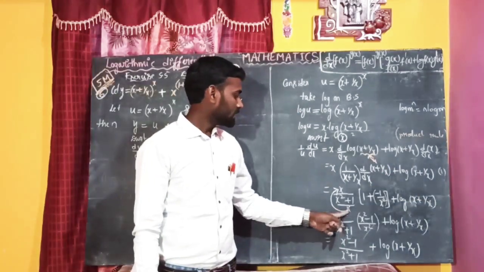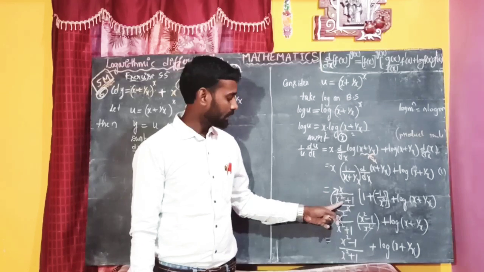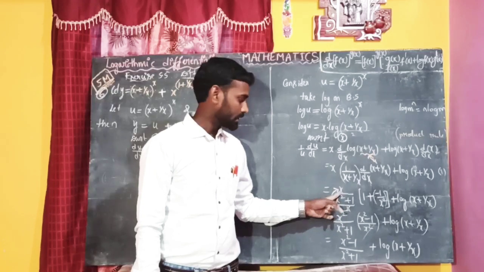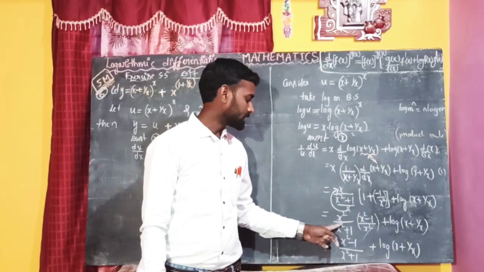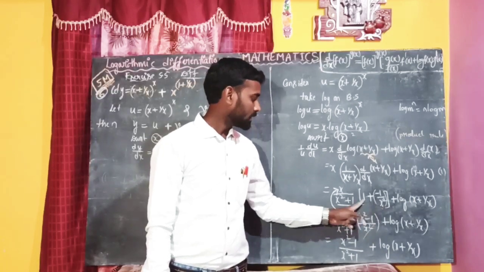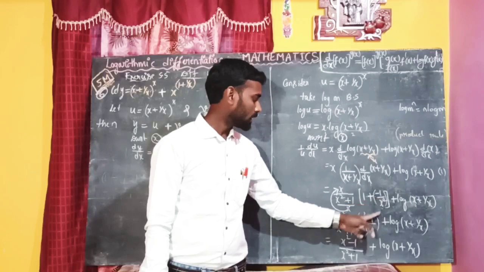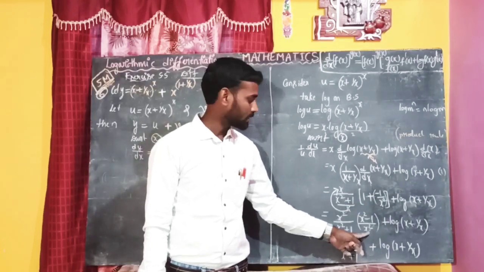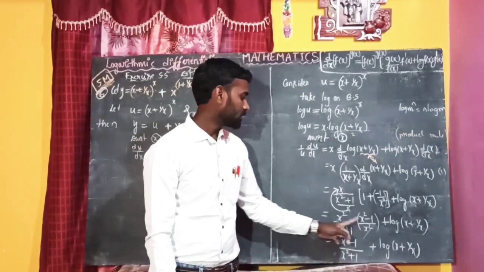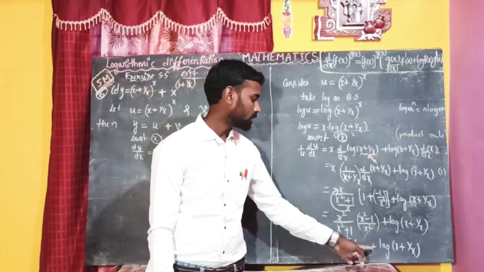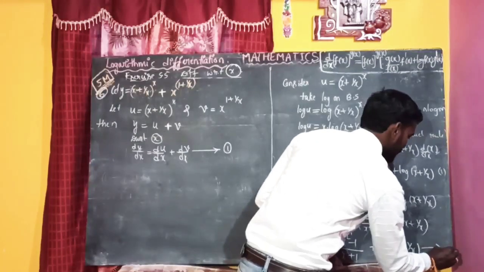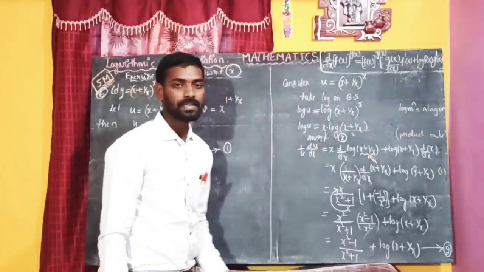Next, here if I shift this x to the numerator, the denominator of the denominator is the numerator. Okay guys, shift this numerator to here, then that becomes x square. Here this is equal to 1 into x square is x square, plus into minus is minus 1. X square minus 1 by LCM x square. Now plus log of x plus 1 by x. Now observe guys, x square gets cancelled: x square minus 1 by x square plus 1 plus log of x plus 1 by x. Now call this function equation number 2.